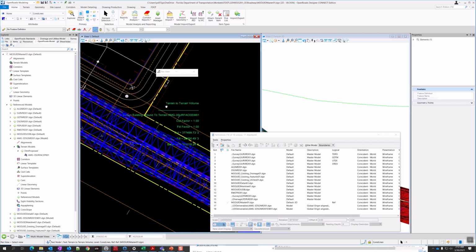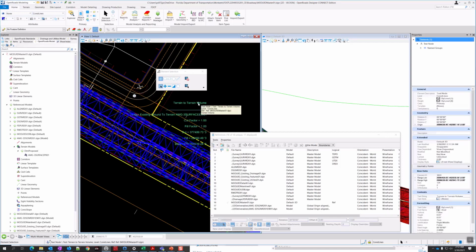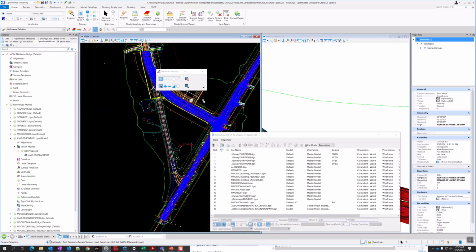This thing should have a handle on it somewhere. I don't know, not seeing it, but you could always use the move tools. It's basically just a text box. You can see it's a text node, so you can do what you need with it. Put it farther away from your design so it doesn't overlap like I did.